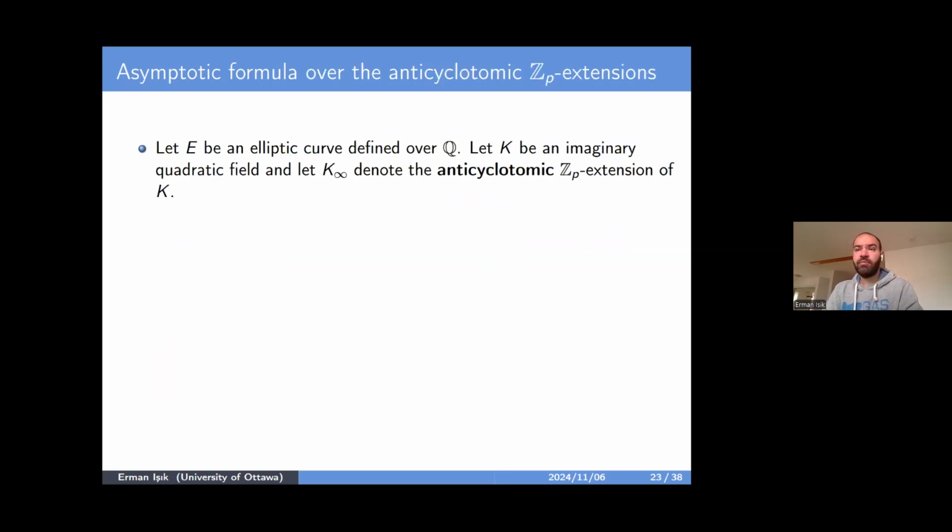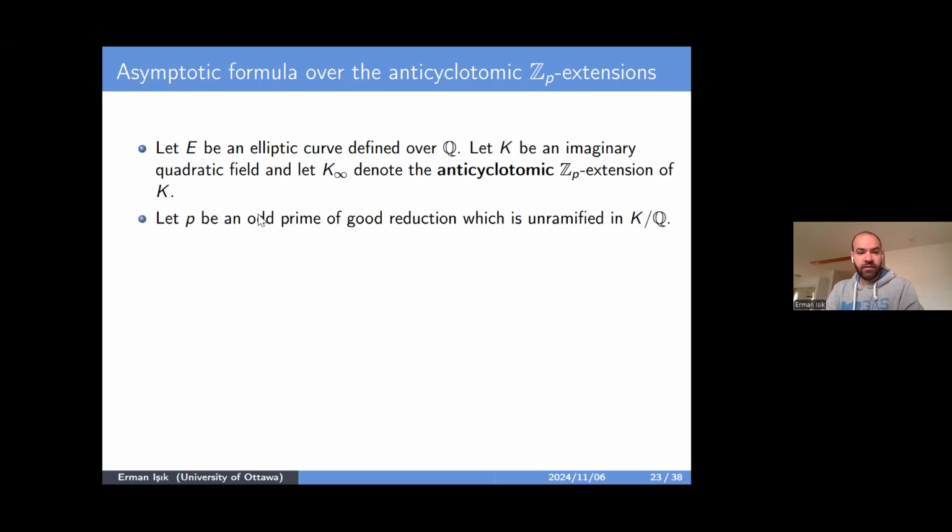So what happens if you go further? Generally, what people do is take an imaginary quadratic field. It is the next candidate to study, and we focus on the anticyclotomic extension. Recall that the number of independent Z_p extensions is r_2 plus 1. In this case, we have two Z_p extensions: one is cyclotomic, the other anticyclotomic. This extension is dihedral over Q, which is actually its defining property, and we know it exists due to the Leopoldt conjecture.